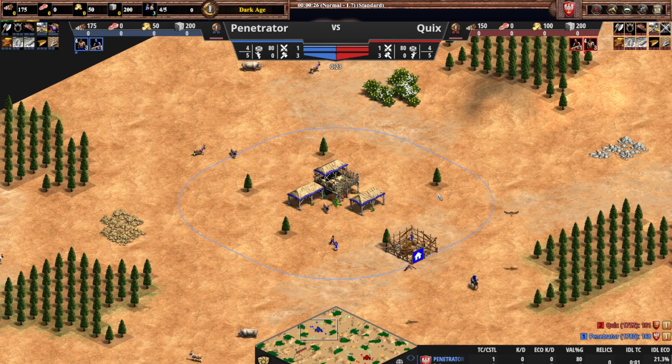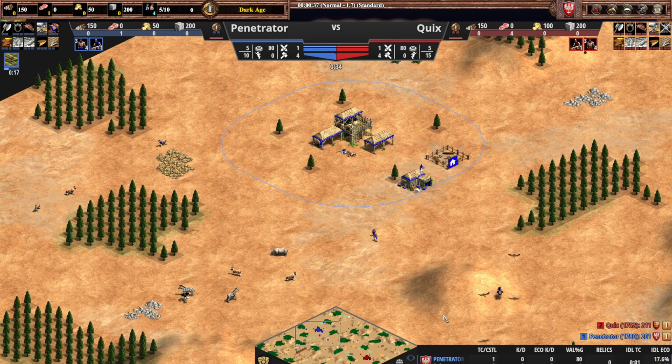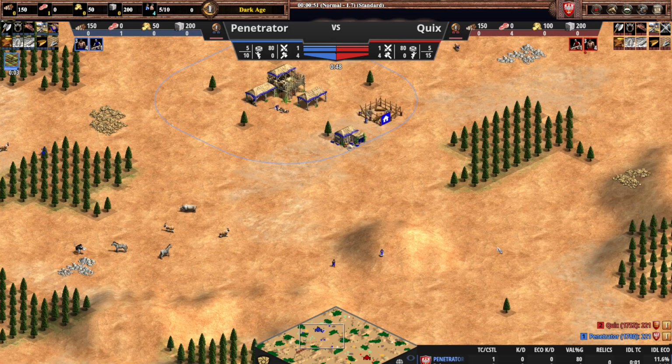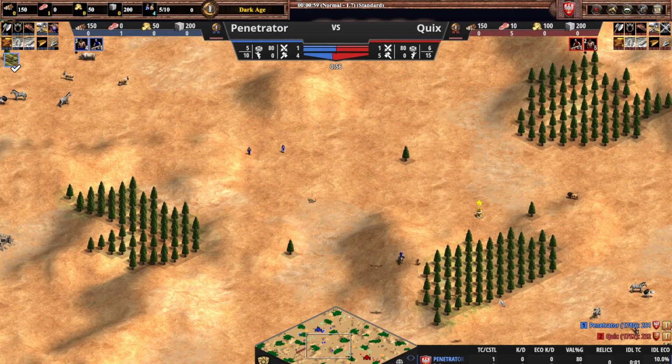Oh, right. We have another. This is a Sparta strategy. The strategy is very simple. All you're trying to do is deny your opponent a TC as well as a lumber camp so that they can no longer drop off wood, and then you just win by default, I suppose. At least that's what Penetrator is going for here at